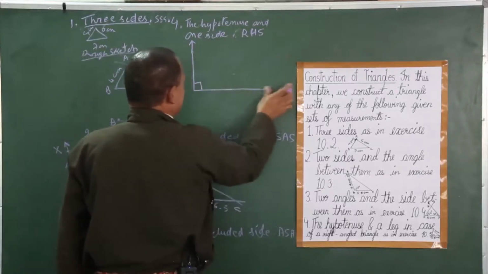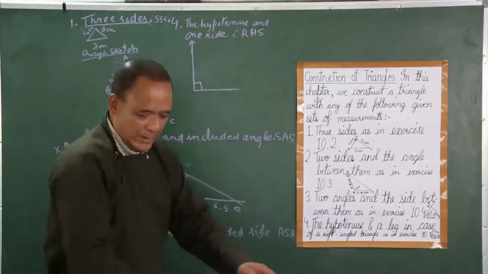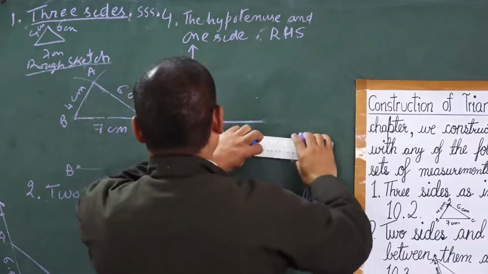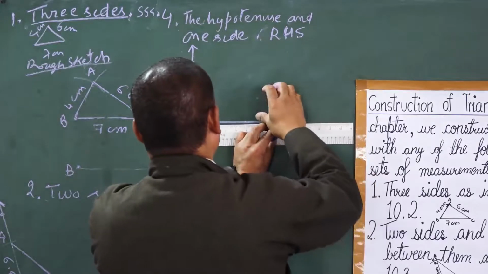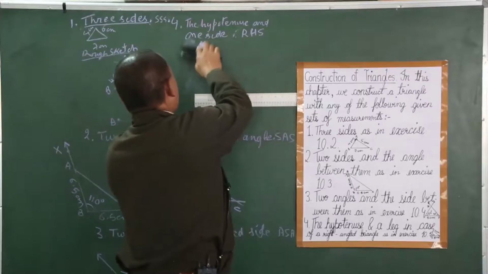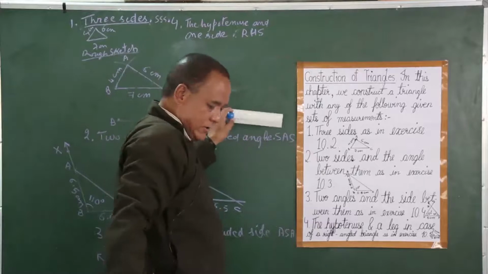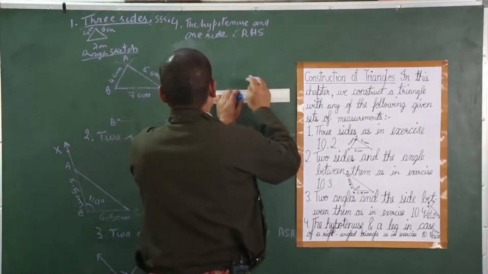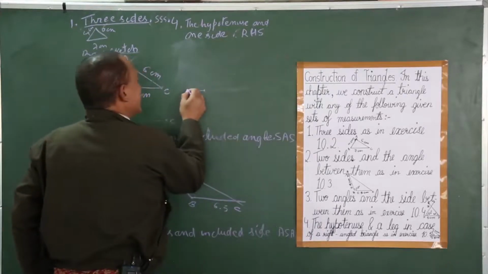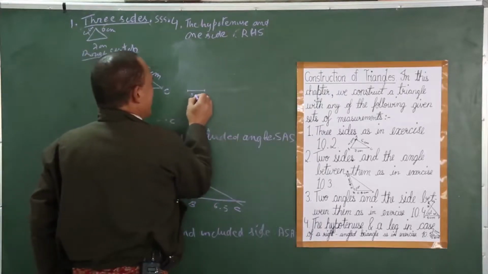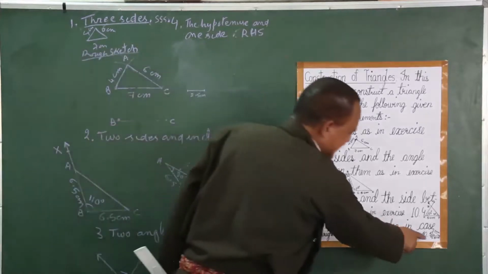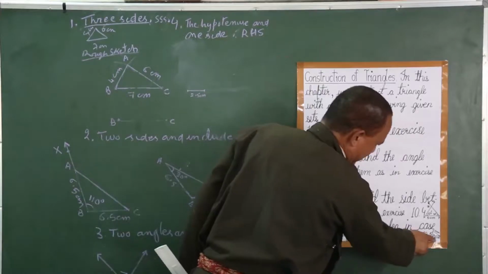One side is given here. So first we have to know the side. What is the side now here? 2.5 centimeter, okay? I already made it too long. First, let us do from the beginning, because if you don't do it properly, you won't understand it. So 2.5 centimeter we have, it is very small. Let us name this BC.